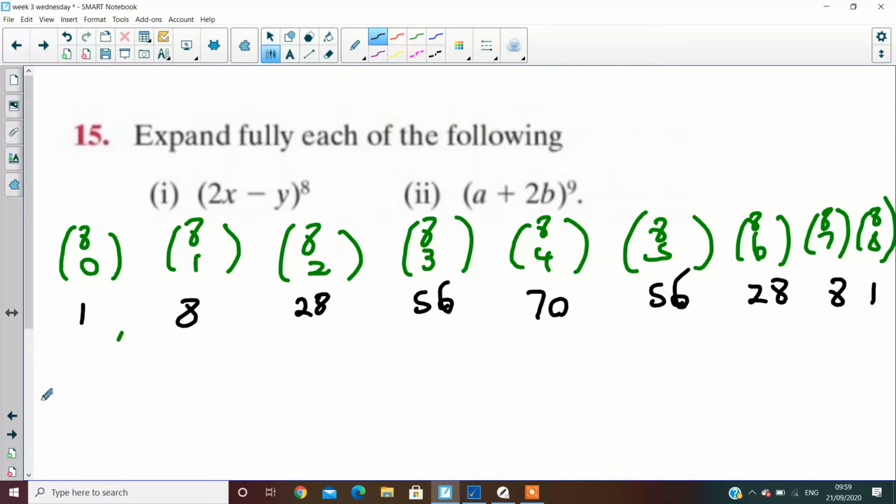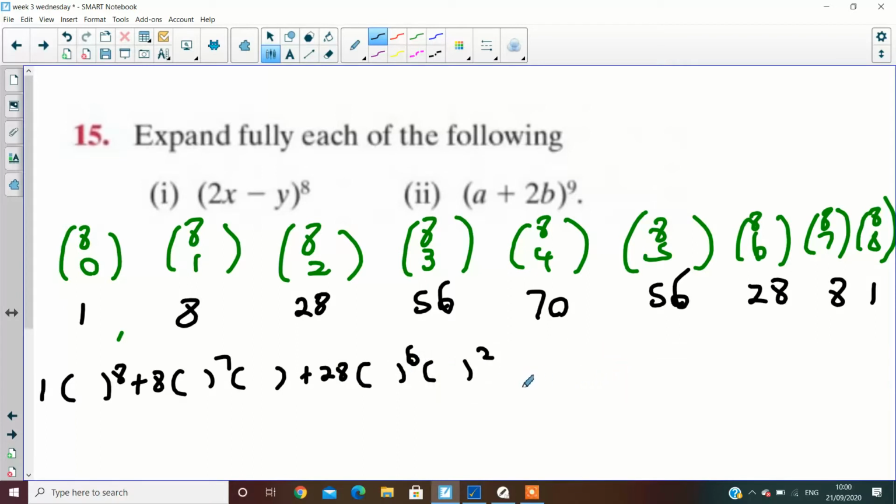Now, you're going to get 1 blank to the power of 8, and the other one doesn't exist. It's important you write this down now. You have 8 blank to the power of 7, other one not filled in yet. Then you have 28 blank to the power of 6, blank to the power of 2. Next one you have 56 blank to the power of 5, blank to the power of 3. Next one 70 blank to the power of 4, other blank to the power of 4,